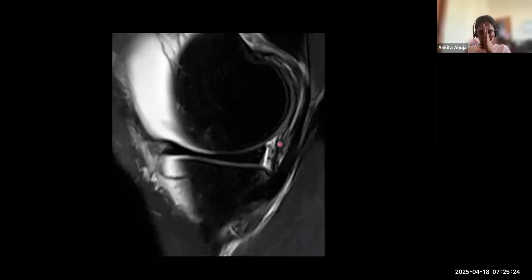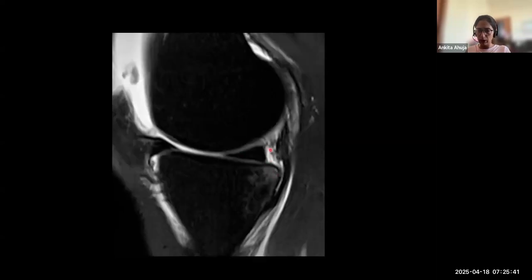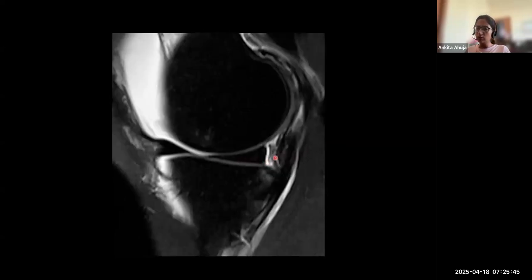Now again, another fluid signal which we see vertically oriented. We all are on the same page? Vertical. Now let's see whether it's going along the meniscus or against. So if something is against, it will go from here to here, right? Inner to outer. This is going along. But do you realize that it is posterior to the posterior horn signal? This is posterior horn. There is signal and there is, I told you, the things which lie posterior to the